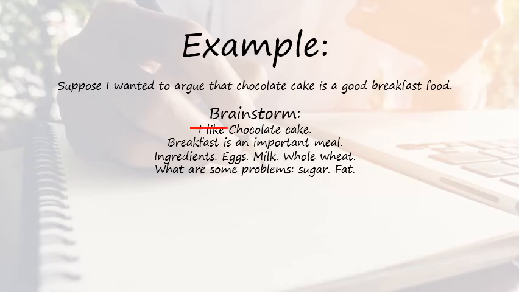Well, I like chocolate cake is not a really good reason, right? I'm going to write a paper, I like chocolate cake. Oh, well, some people like getting plastered drunk every Friday night. It's really not good for you, whether you like it or not. I used to like to eat biscuits and gravy for breakfast a lot, and I gained a lot of weight in college because I ate it all too often. Okay, it wasn't good for me. So I like it doesn't make it a good breakfast food necessarily.